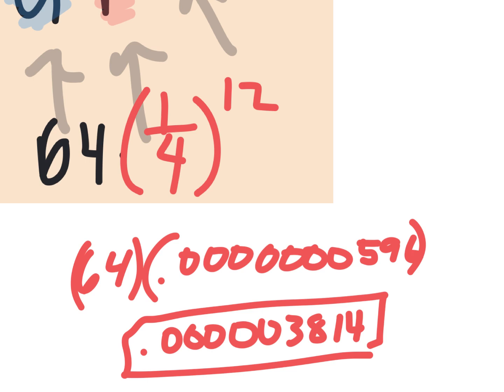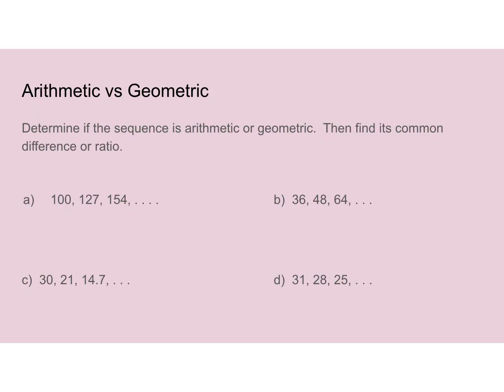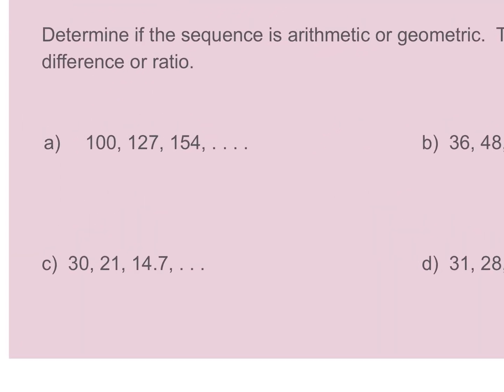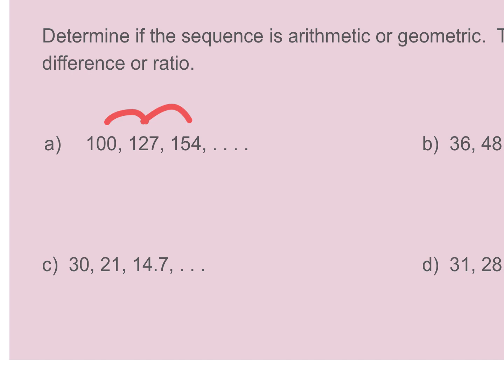All right, so let's get to the next one. Is this arithmetic or geometric? Are they adding the same thing each time? Then it's arithmetic. If they're multiplying by the same thing each time, then it's geometric. So which one is it? You think this is add or multiply? It's add. Looks like add 27, and then if you add 27 again, yeah, that seems about right. This is add 27. That's called the common